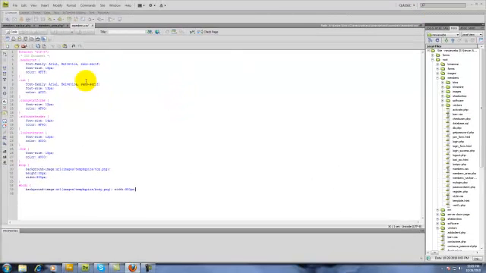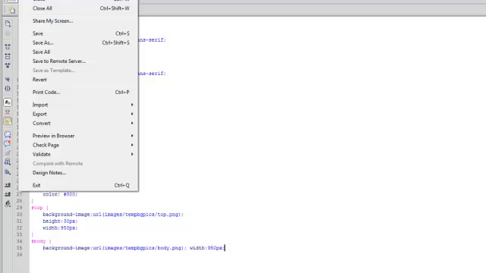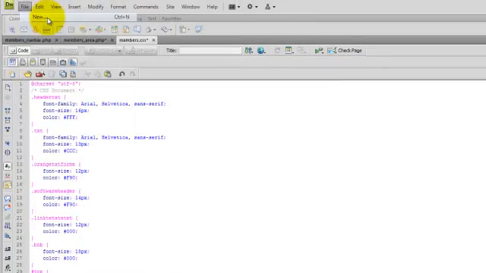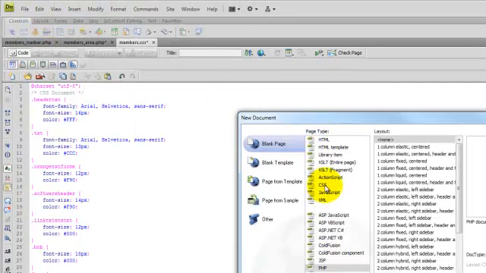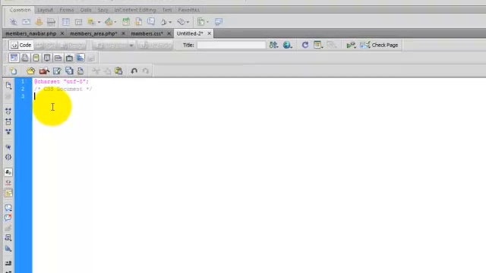Okay, now we've saved our body, we've saved our footer, and we've saved our header. Now we can go over to Adobe Dreamweaver. I've already got a CSS file up, but we'll start from scratch. We want to go to New, and you want to go to CSS. Okay, that's all fine, stay there, get rid of that number 4. Okay, and now we want to throw in our